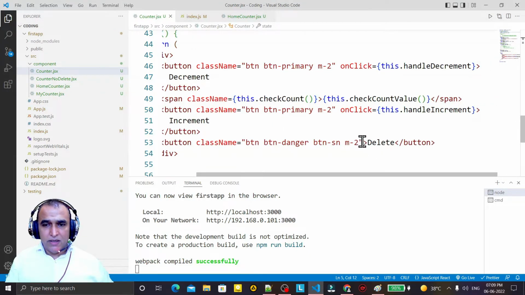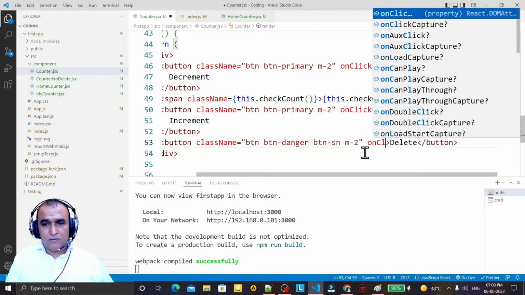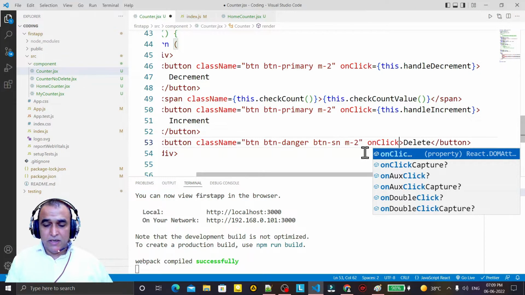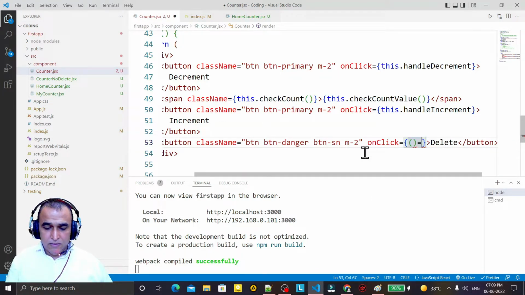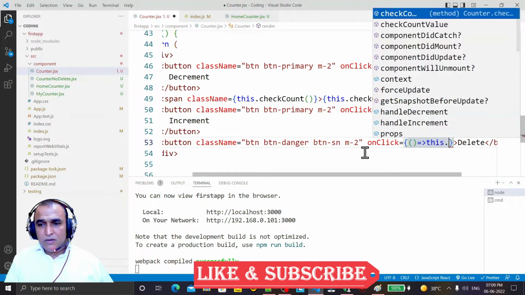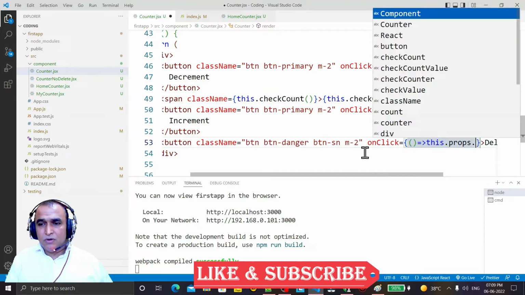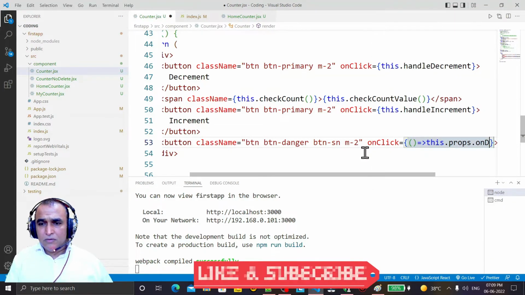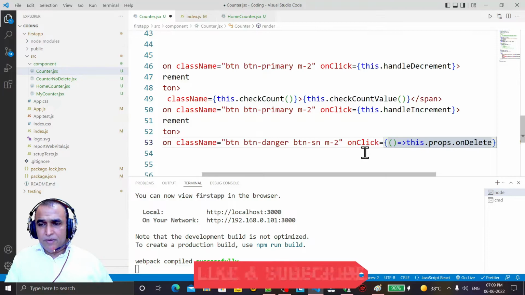So here I create an onClick event, and on click I want to pass here an arrow function, and in this arrow function I want to call this.props.onDelete, remember, and here I want to pass